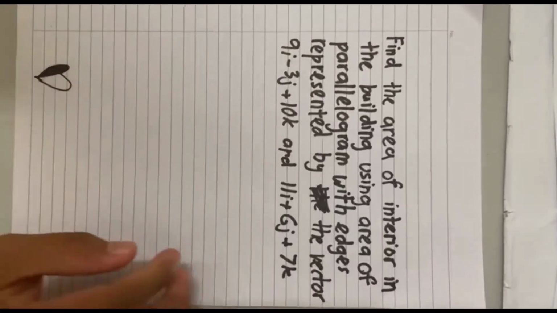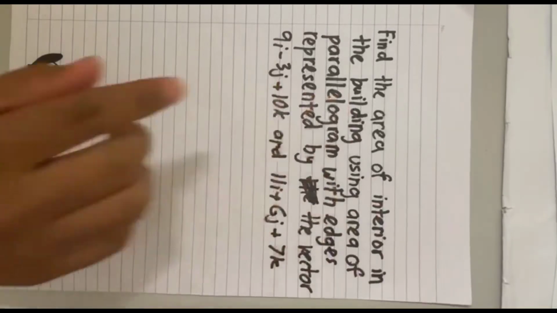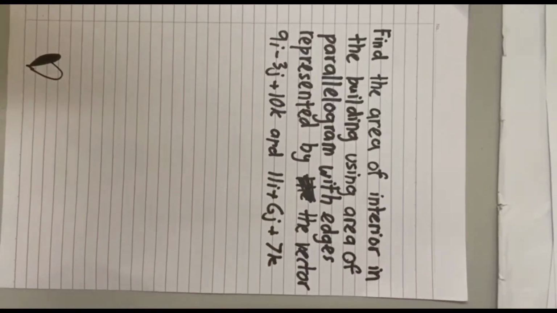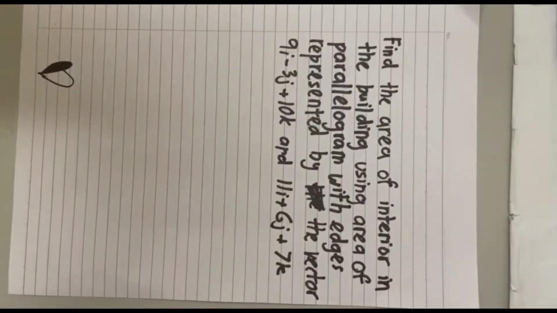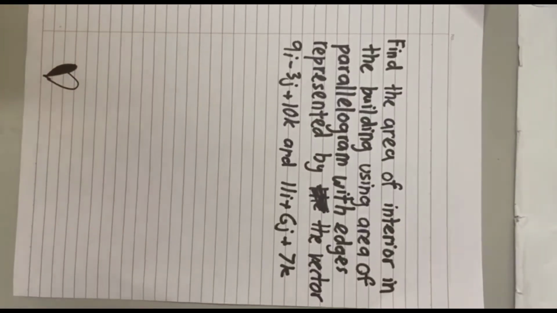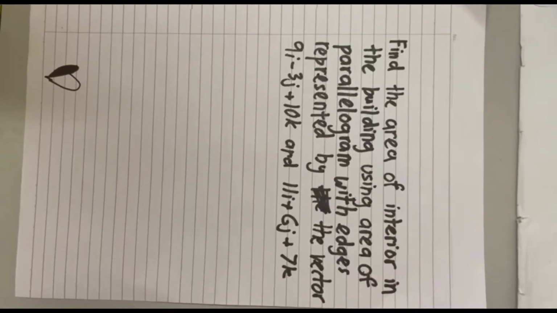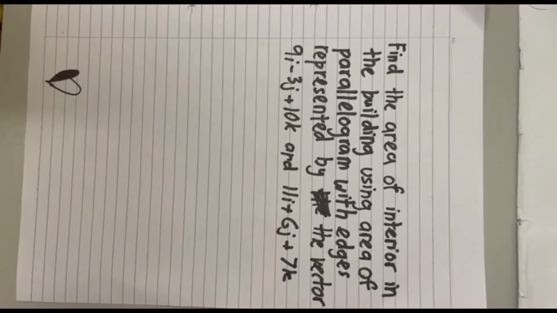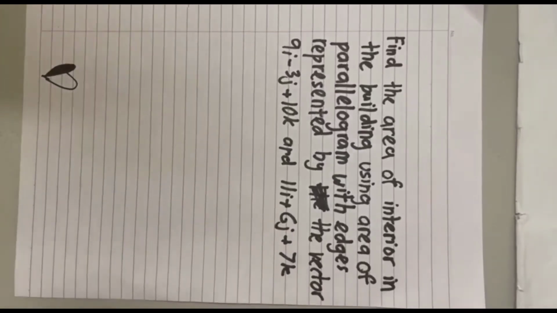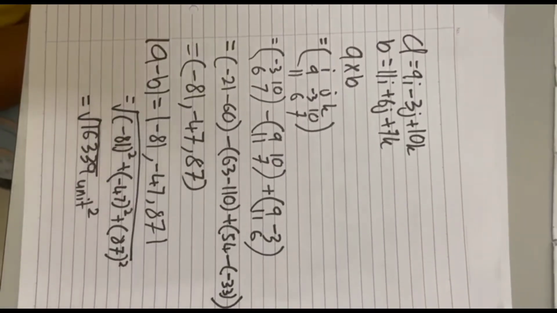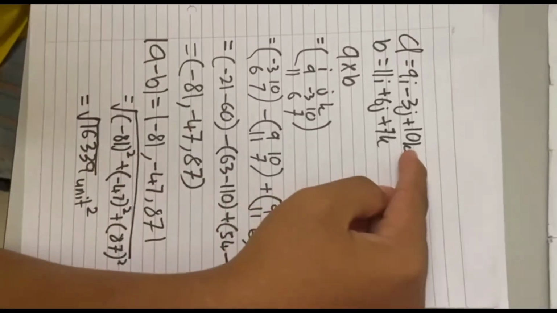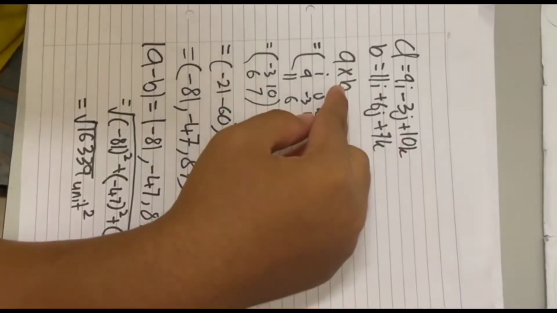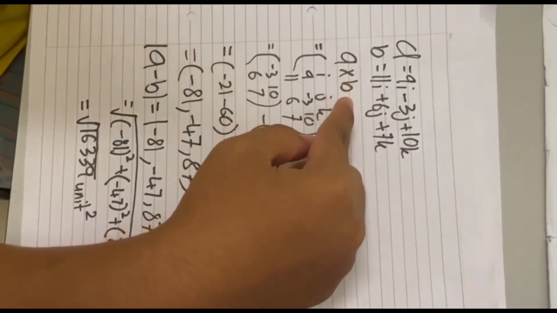Okay, for the question and answer slot, we get the question: find the area of the interior in the building using the area of a parallelogram with edges represented by the vectors 9i minus 3j plus 10k and 11i plus 6j plus 7k. First, we need to make two equations, A and B. Then we use the formula A times B,